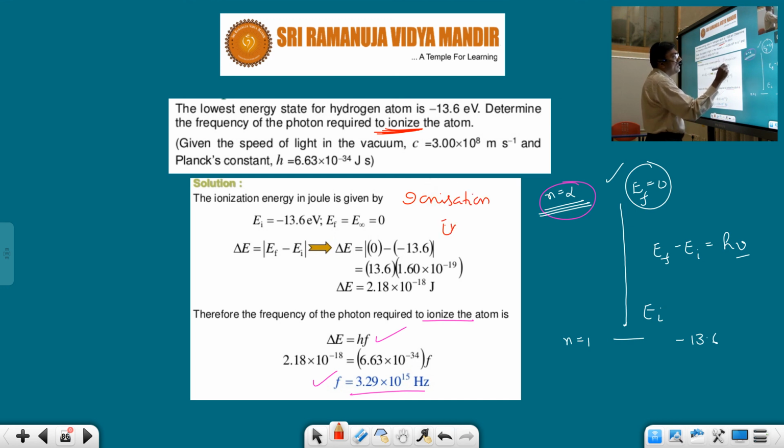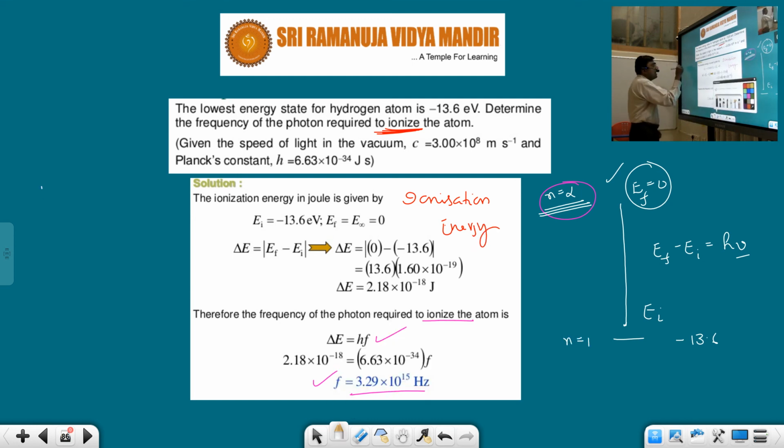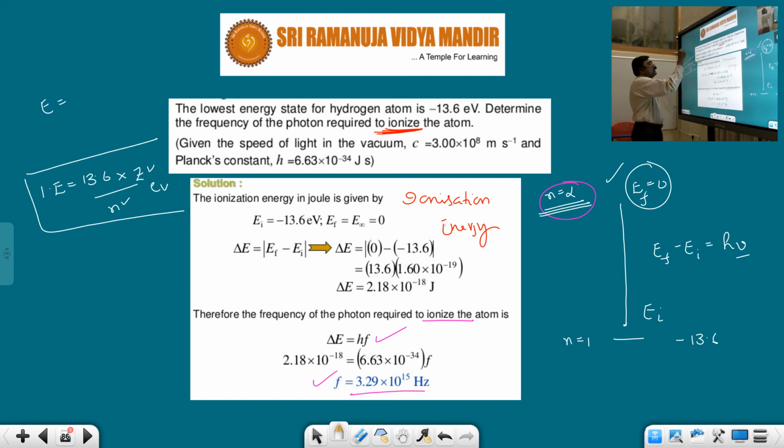And to your surprise, I am going to give one formula for you. Very interesting formula. Here ionization energy is equal to 13.6 into Z square by n square electron volts. Now here minus won't be there. So this is the ionization energy formula. Energy formula is minus 13.6 into Z square by n square electron volts. It's a very, very important thing. So ionization energy and energy, the only difference is that it is the amount of energy required, so it cannot be negative. Very simple. Try to understand.